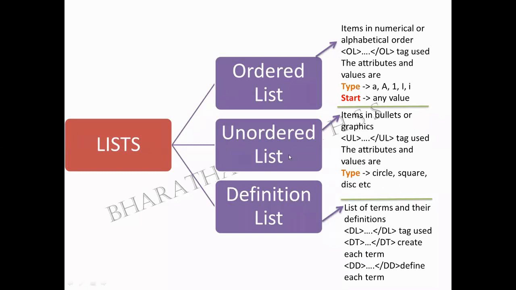To create a bulleted list, you use your UL tag, and we should give the type attribute. The type attribute gives you what type of bullets you want to create. The three main types of bullets that we have here are circle, square, and disc. Based on these two types of list, we have written a small program. I have shown you the coding as well as the output, how it will be present on your browser. Till this we completed in the last class.